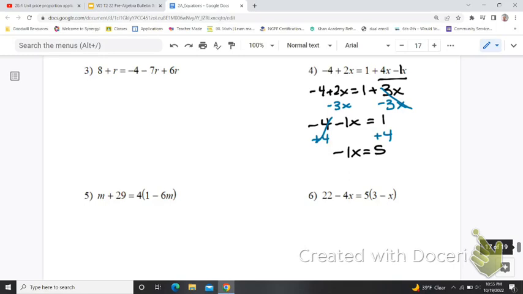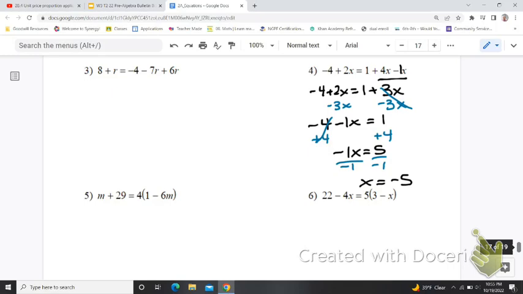And then divide by negative 1. So x is equal to negative 5. Okay, so sometimes that first step about simplifying could be combine like terms, sometimes it could be distribute, sometimes we'll